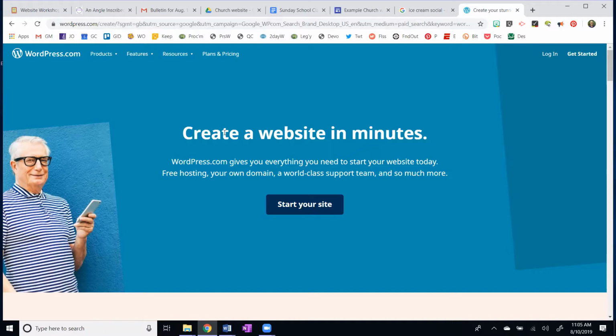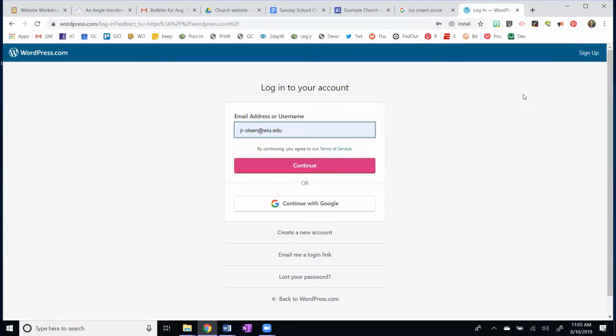Now, you do need to have an account, right? You've got to have an account for everything. The good news is you can use your Google account. So up here for login, you can create an account and you can create your account with Google. So I'm going to pause this and I want everybody to create a WordPress account and make sure you write down your username and password.